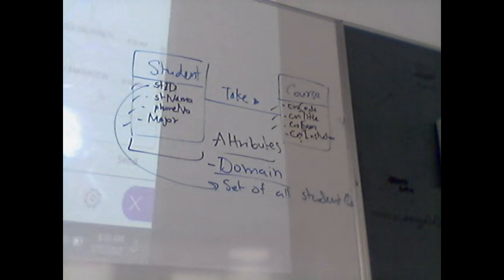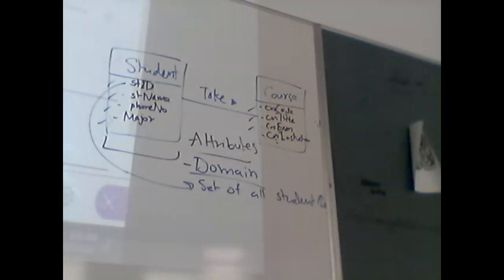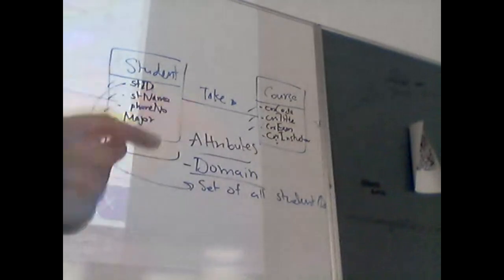Now let's talk about the types of attributes. We have different types here. Let me just go back to the. I'm not going to show myself here. I'm avoiding, but